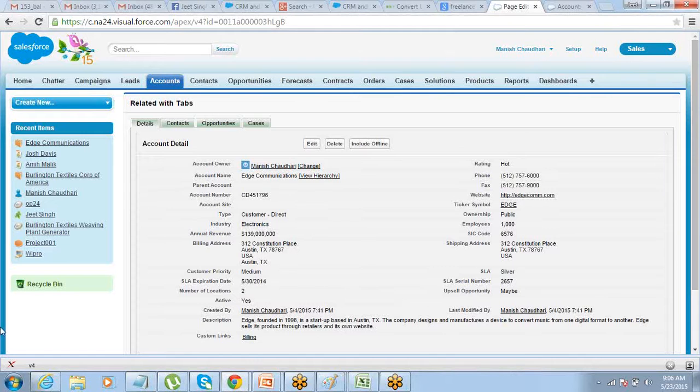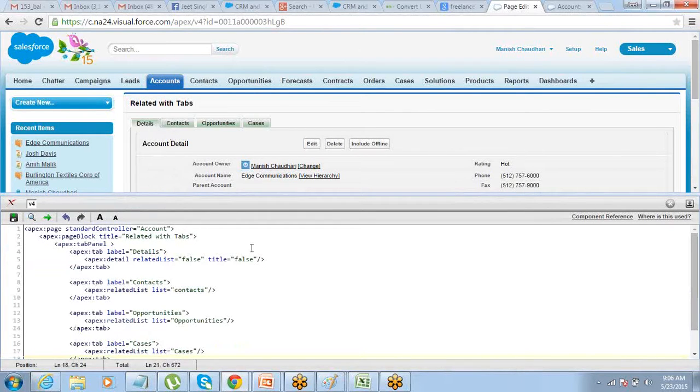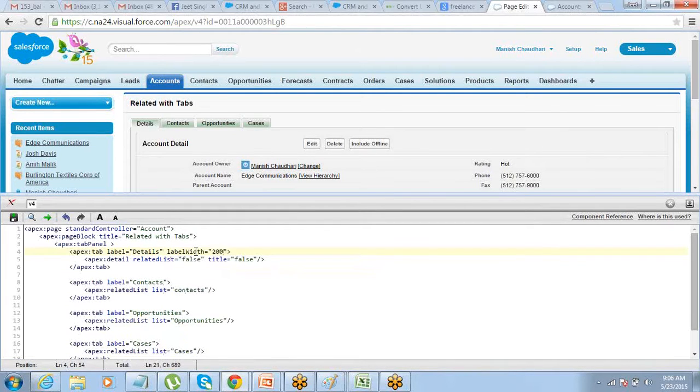So this is my page for the tab. These are the tabs. These tabs are a little small, so if you want to increase the label width, you can do that. Let's say I want to make the label width 200. That's fine. Here it should be account dot name. I will put it here. Label width equals 200, and here as well. That's it.